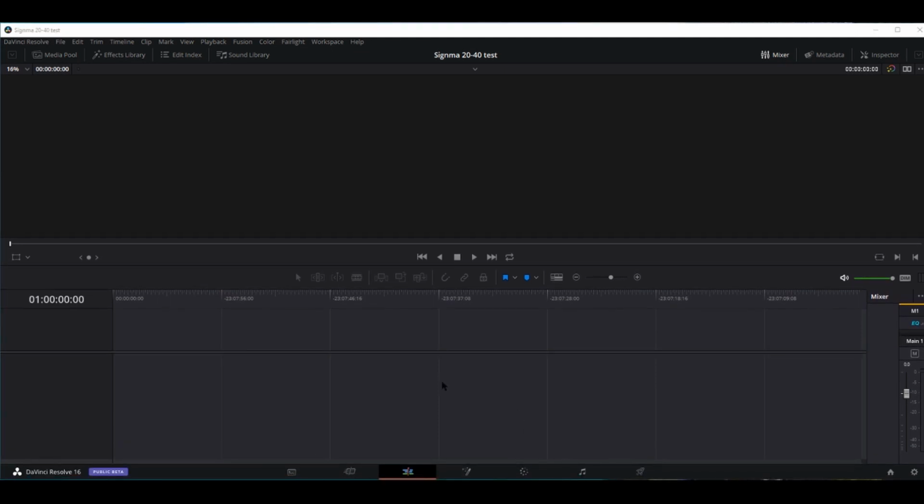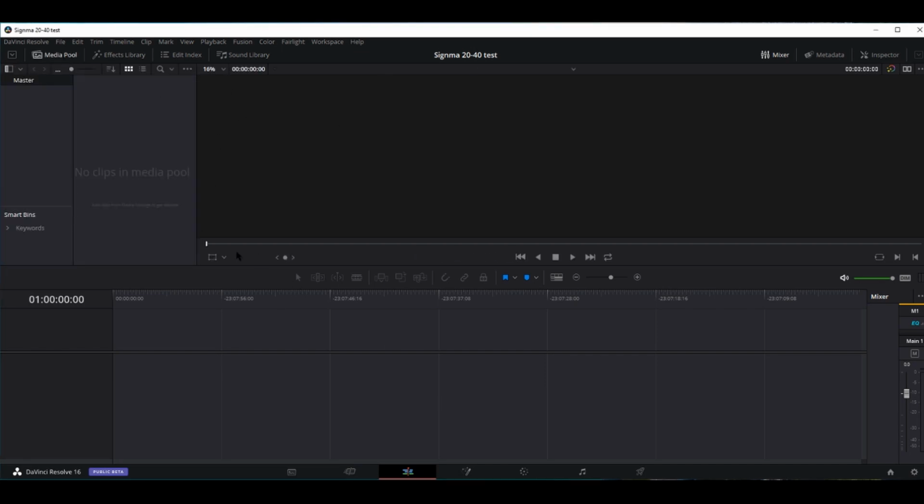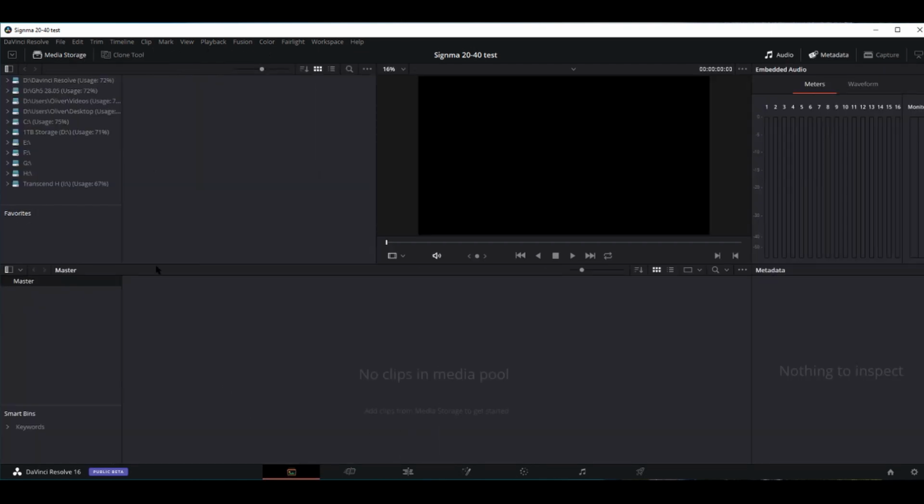So when you initially open up Resolve, your monitor will look very similar to this. Now I'll quickly go over some of these things as I click them. I'll try to not go through it too quickly. So essentially, you can navigate through Resolve really fast by looking at these tabs in the bottom here, these bottom icons. We have the media pool, which is essentially where you do all your housekeeping, set up your bins,